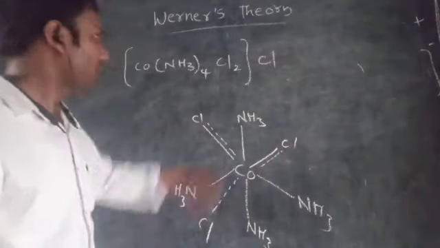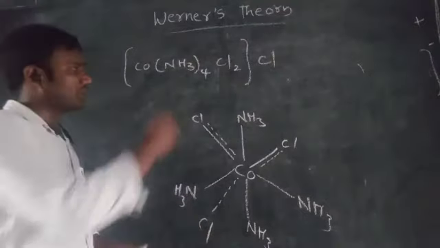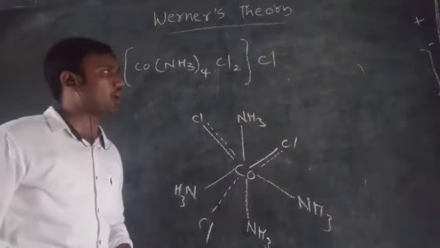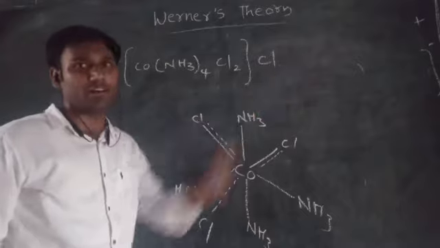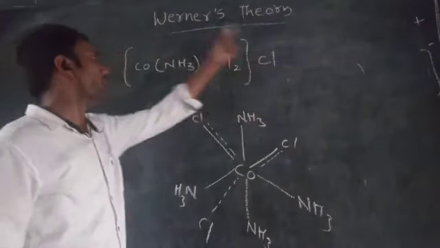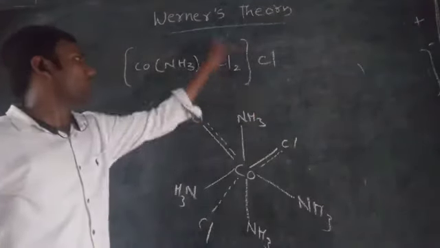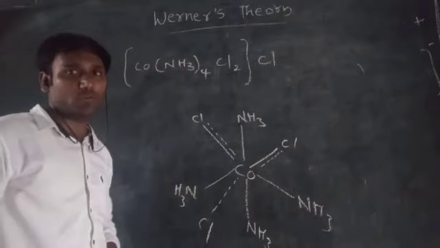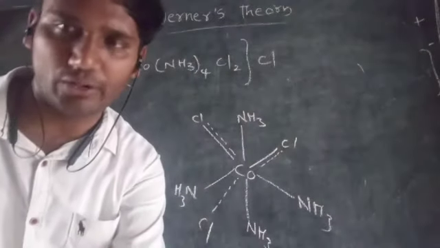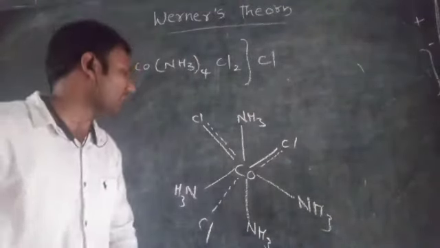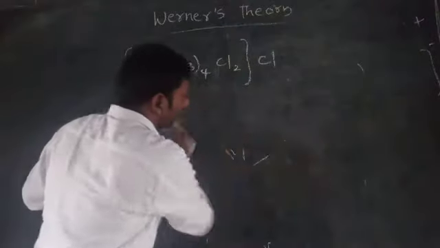So this is the compound, and one more thing: how many ions is it furnishing? 2 ions are furnished when dissolved in water. One is the chloride ion, and the other is the complete coordination sphere. So totally 2 ions are furnished when dissolved in water. Right. So the next and last example is one of the very important examples here.